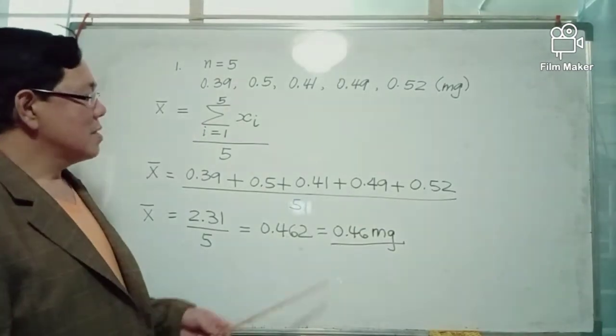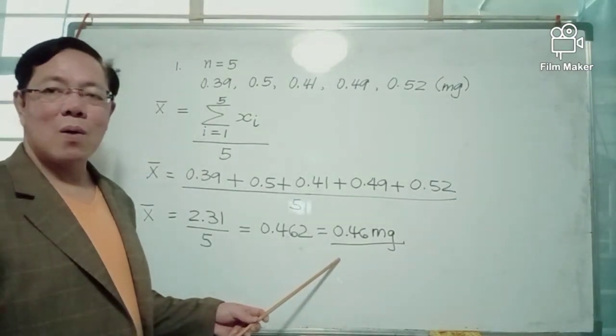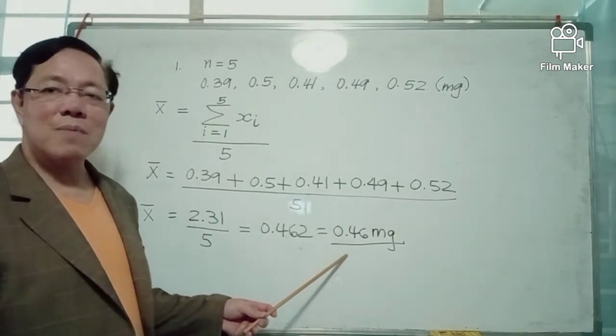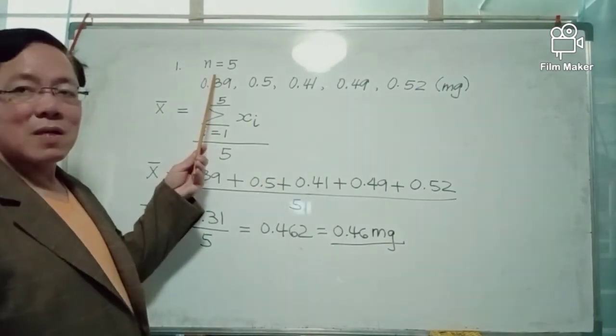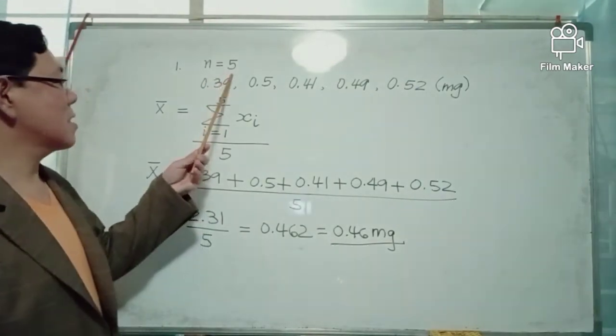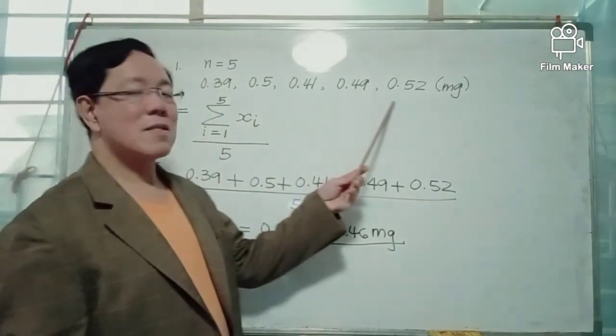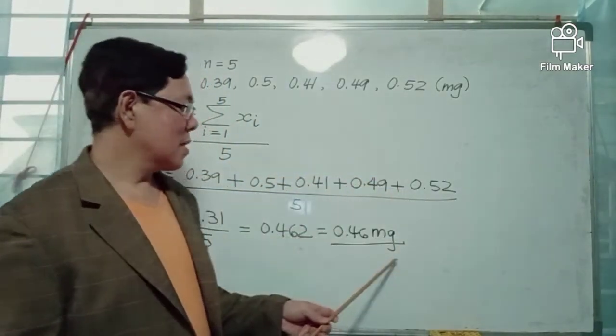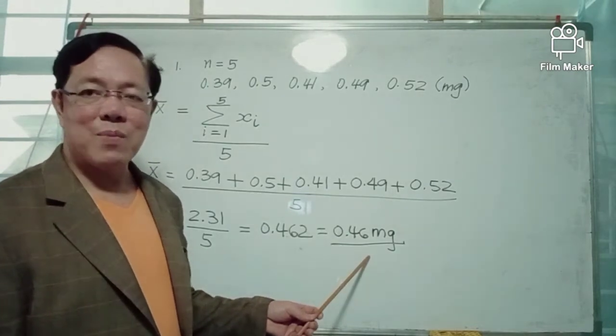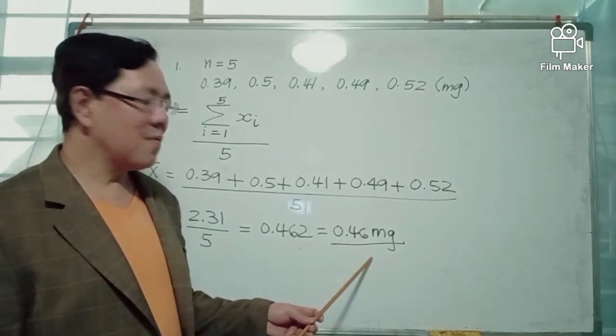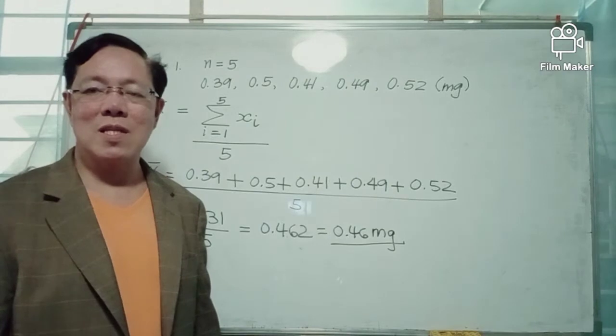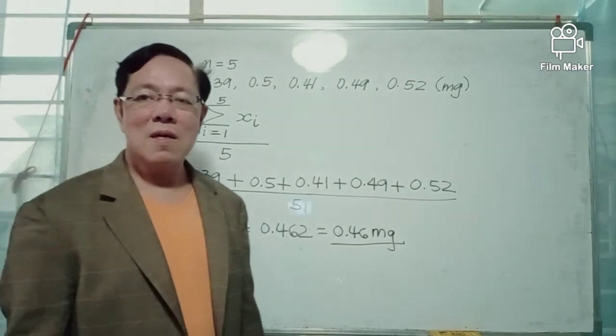Thus, the average or arithmetic mean or simply mean of the random sample of 5 sticks of cigarettes with these nicotine contents have an average of 0.46 mg nicotine content. If the